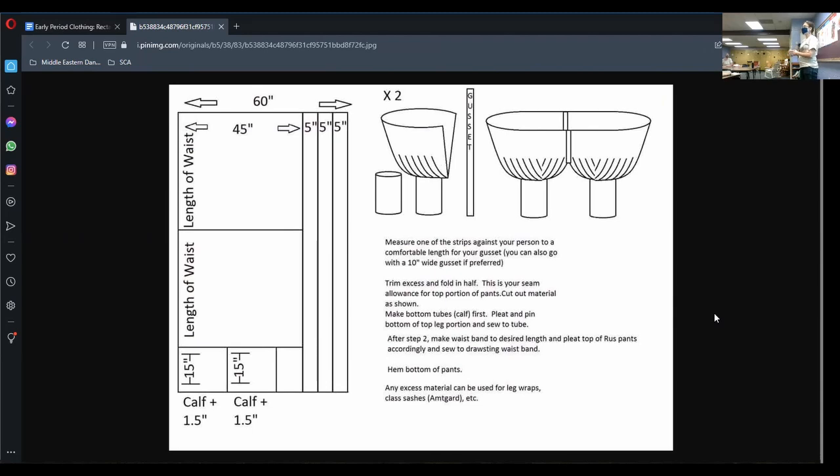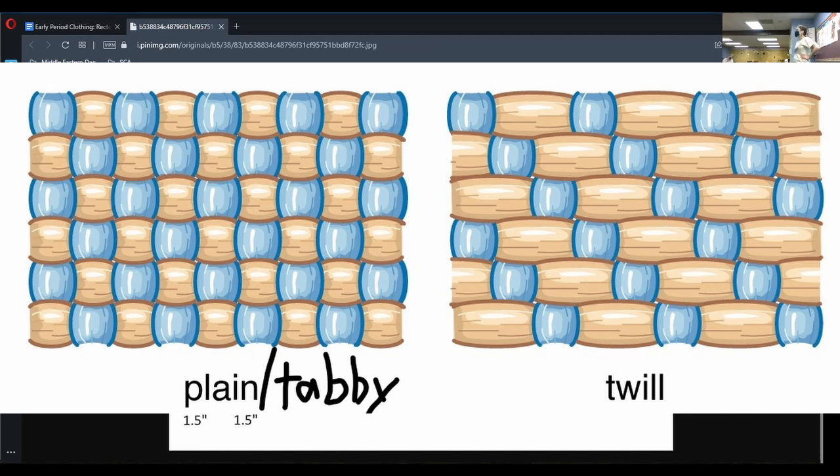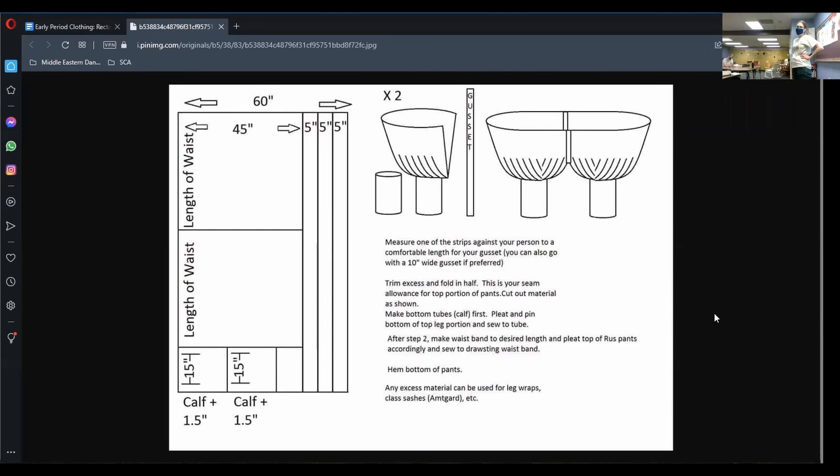People who've done the winingas say that a twill weave is much better because it's springier and it will mold to your leg better. A lot of the fabric that someone might use for that would be a tabby anyway. So yes, twill weave is much more likely to be helpful than tabby for winingas. But yeah,